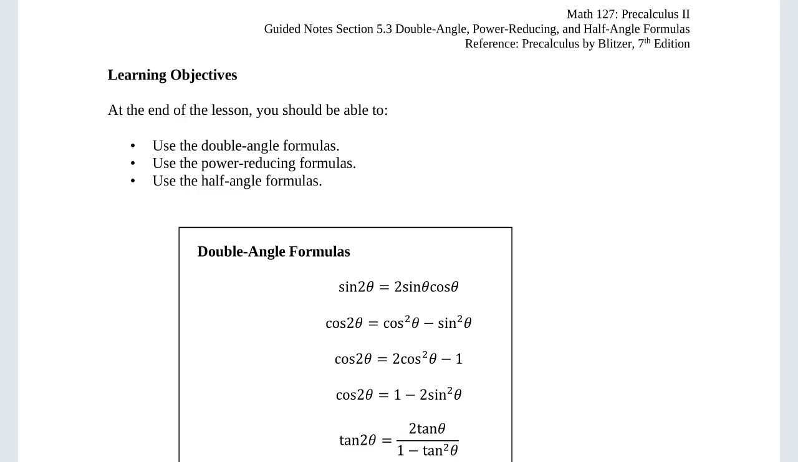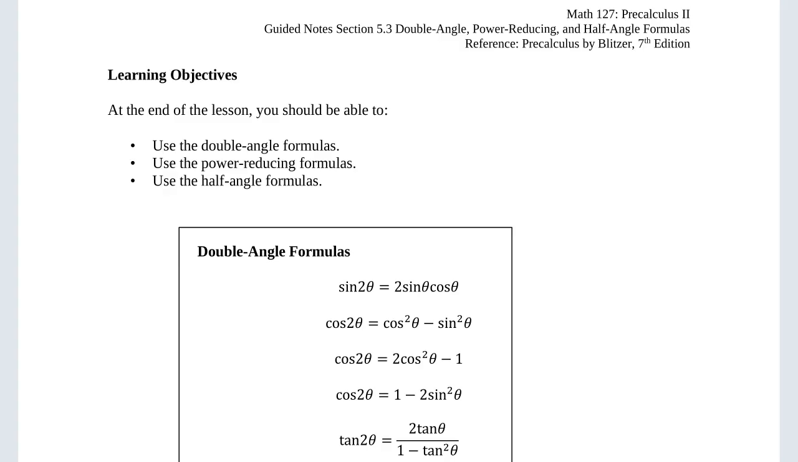Hello everyone and welcome back to Math 127 Pre-Calculus 2. Today we will continue our study of analytic trigonometry with section 5.3, which is the double angle, power reducing, and half angle formulas. So in the previous lesson, we learned how to use sum and difference formulas to evaluate trigonometric